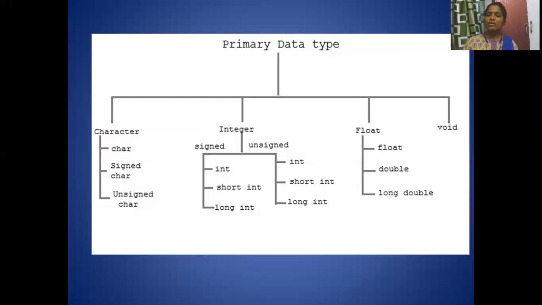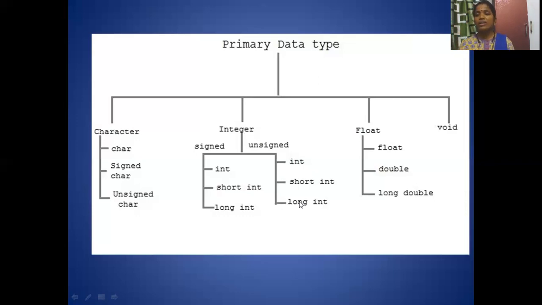Another one, float. Float is nothing but which shows the decimal part. That means it shows the fractional part also. So here also, we have different types of float values: float, double, long double. One thing we need to understand here: integer is a name, but we are writing it as int, short int, long int. These are all keywords.